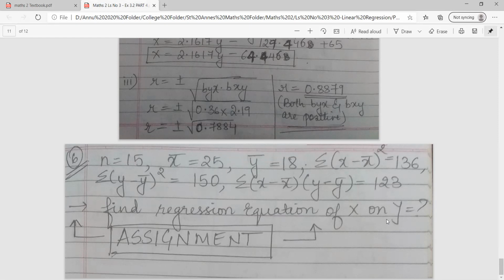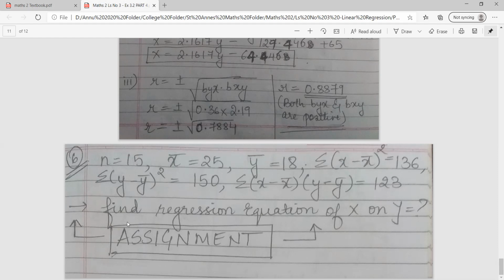You have to find the regression equation of x on y. So for that, you first need to find out the regression coefficient bxy. bxy का formula आप डाल सकते हो by putting the big formula as I explained you all in sum number 9. You can follow that. That is summation x minus x bar into y minus y bar upon n divided by summation y minus y bar the whole square upon n. After that, you can put the regression equation of x on y as x minus x bar is equal to bxy, y minus y bar.